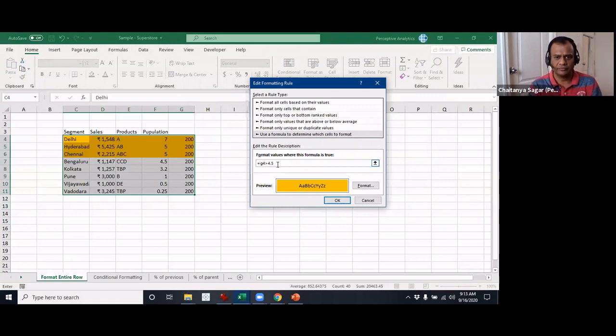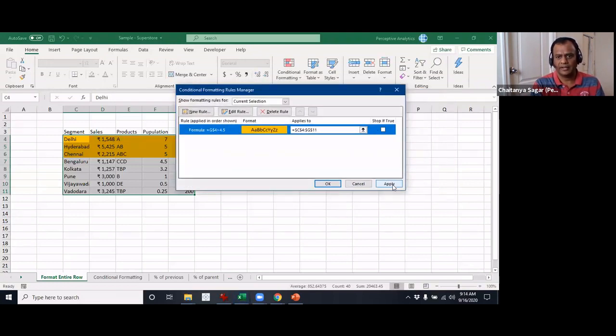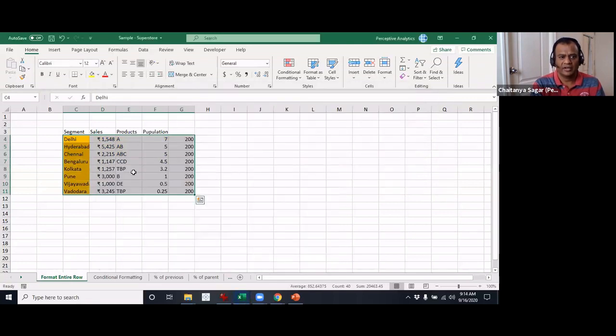Okay, so G4. I think this dollar symbol should be all right. We'll see. We are essentially trying to focus on this particular one, and then clicked OK, and then clicked OK. Okay, and now we noticed that this column got highlighted, right? And we were trying to figure out why.